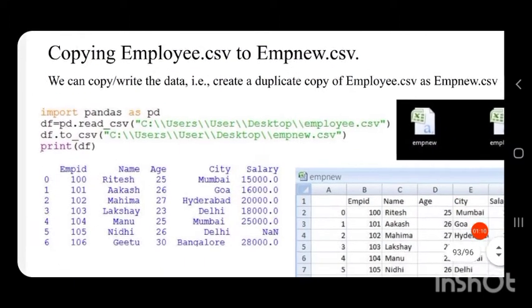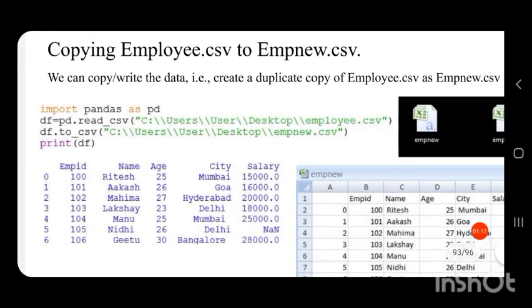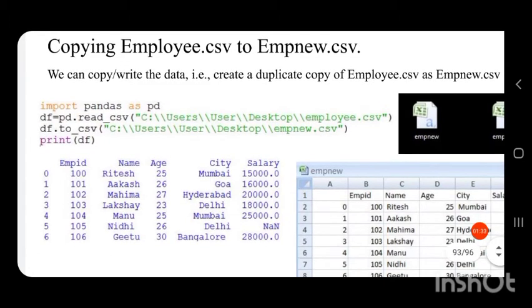So let us see the method of copying the contents of one CSV file to a new CSV file. Here we are copying the contents of the file employee.csv to empnew.csv.